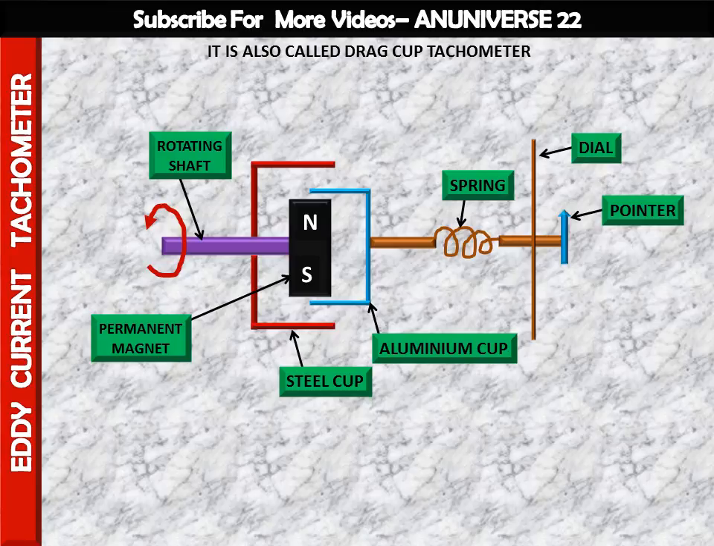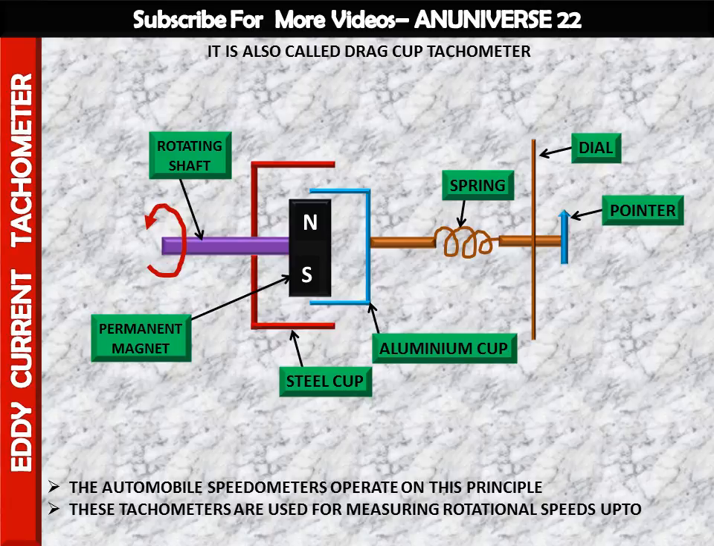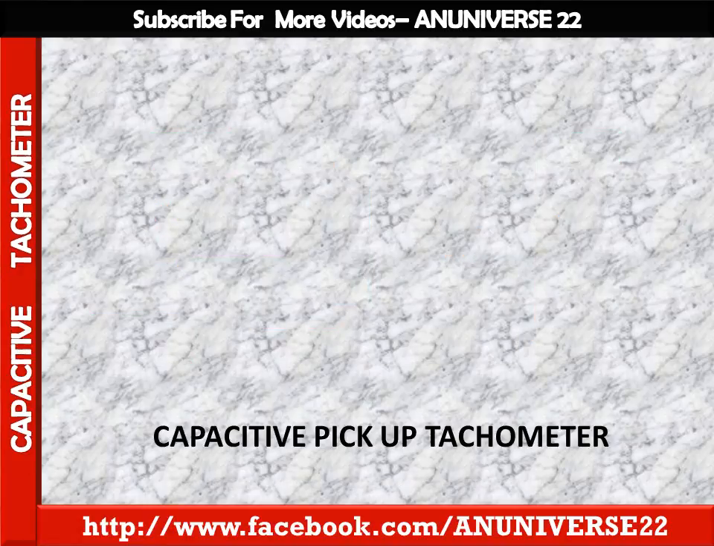The eddy current tachometer principle is also used in the automobile speedometer, and these tachometers are used for measuring rotational speed up to 12,000 rpm with an accuracy of plus or minus 3%. So this is about the eddy current, or drag cup, tachometer, and now we discuss the capacitive tachometer,